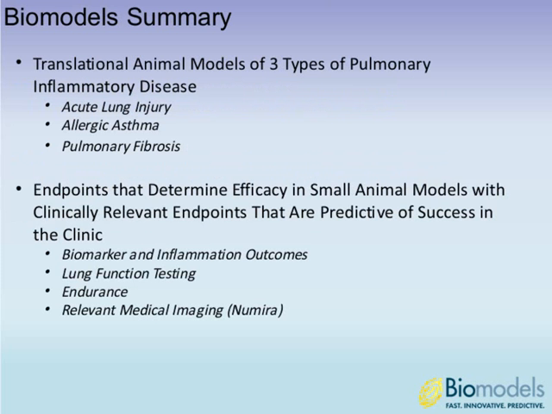So, a broad summary: we presented translational animal models of 3 types of pulmonary inflammatory disease: acute lung injury, allergic asthma, and pulmonary fibrosis. We've presented endpoints that determine efficacy in small animal models. We have clinically relevant endpoints that really are predictive of success in the clinic. Specifically, we look at biomarker and inflammation outcomes. We can look at lung function testing, endurance, and relevant medical imaging, which in this case